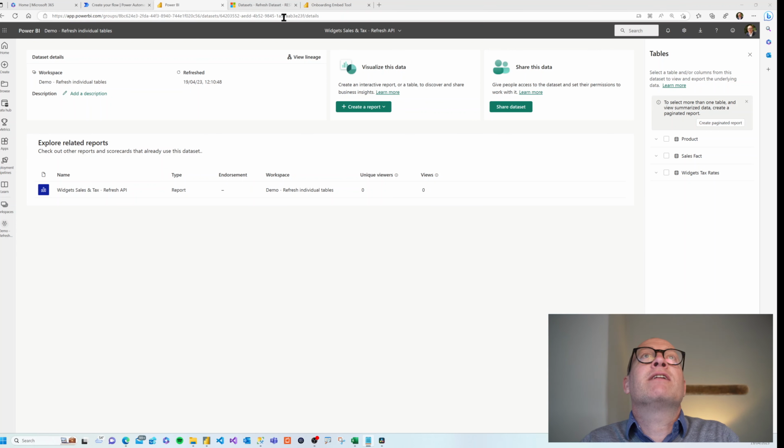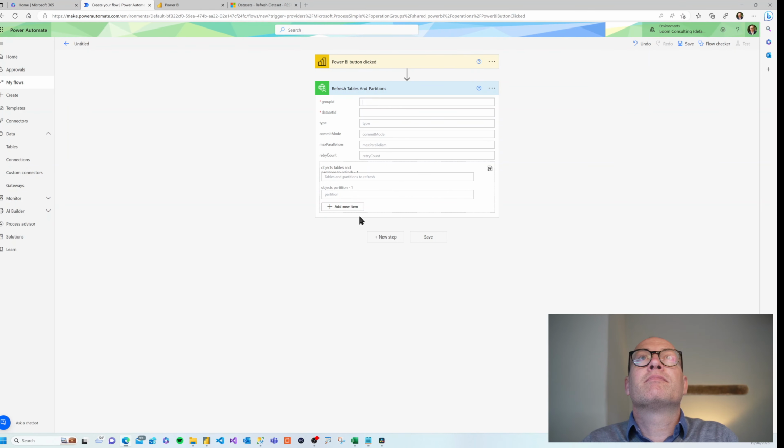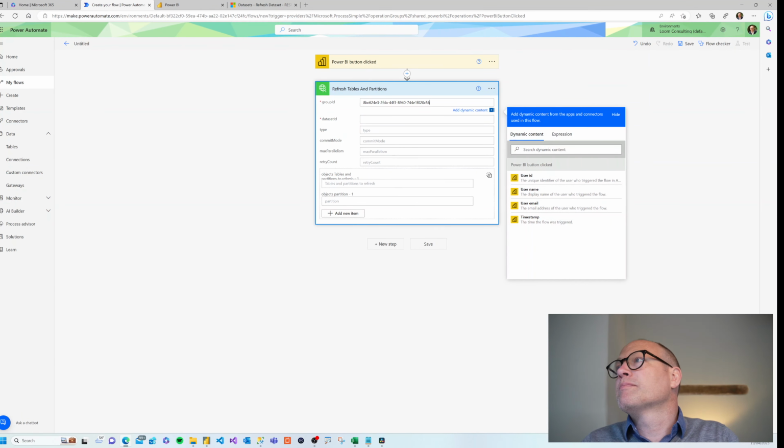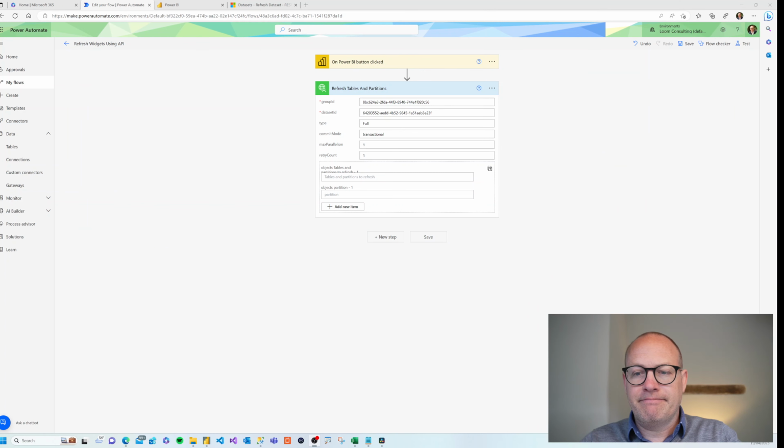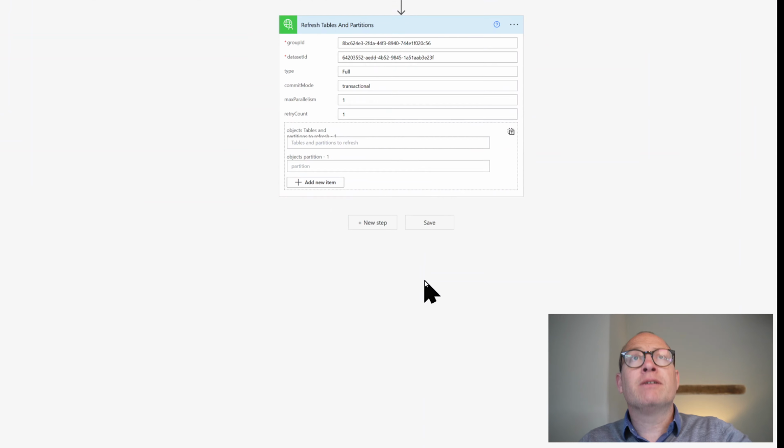I'm just going to make a note of that, and then this second part after datasets is the dataset ID. So we need both of those parts. So I've filled in all the details for our flow,